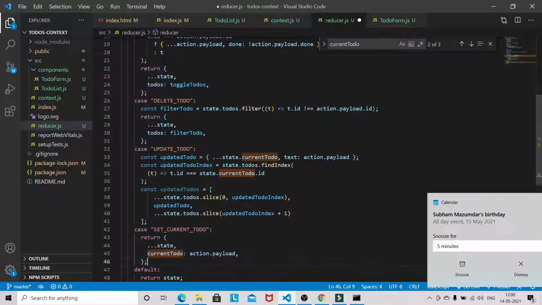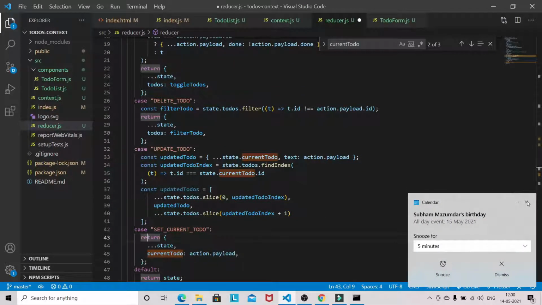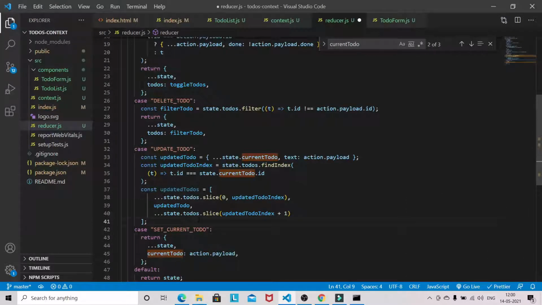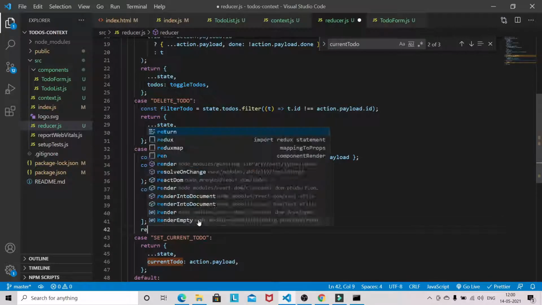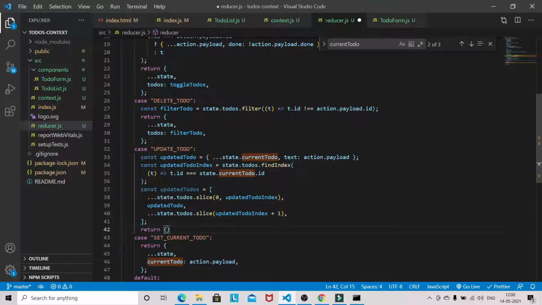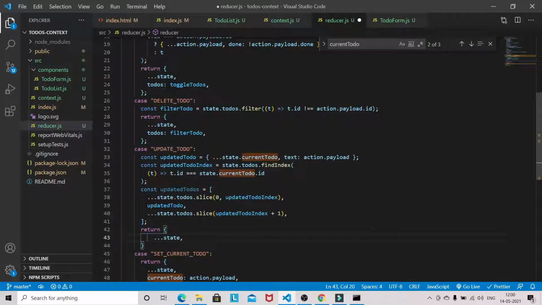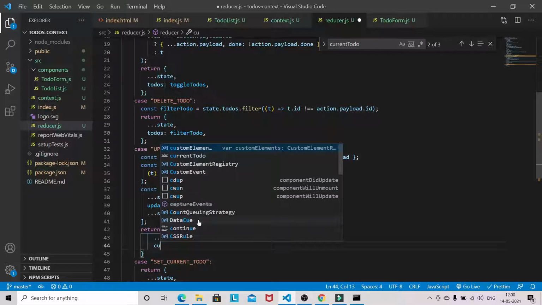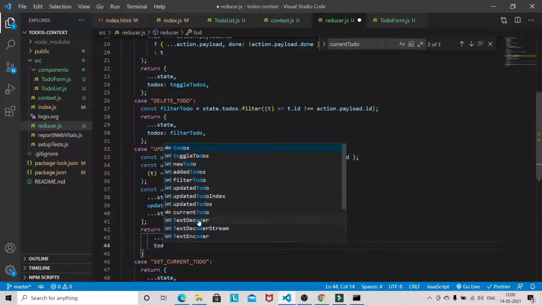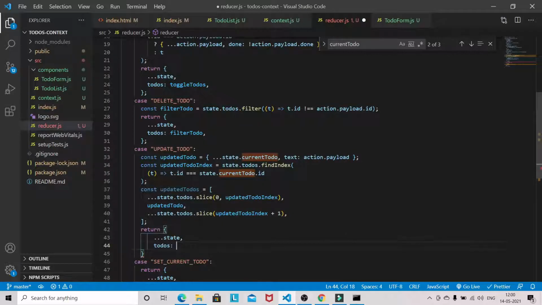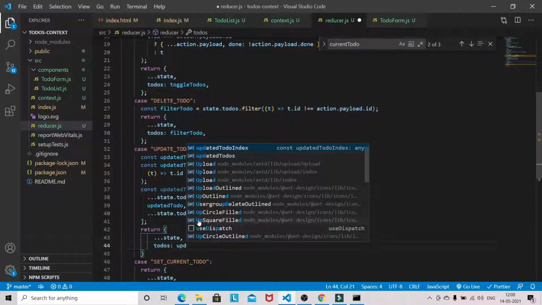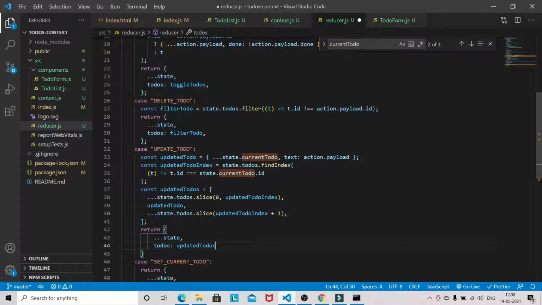So we have got the updated todo here. So state.todos, updatedTodos.